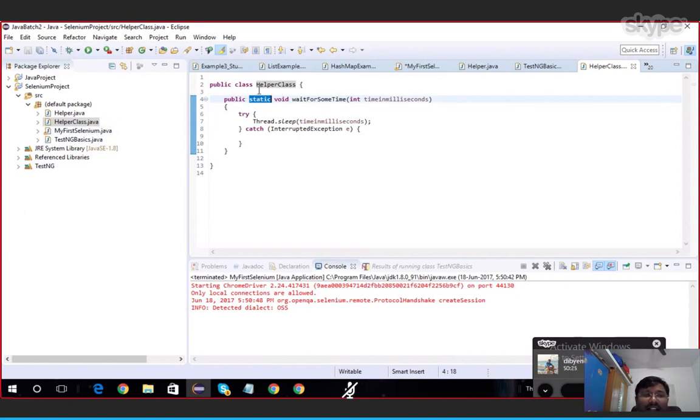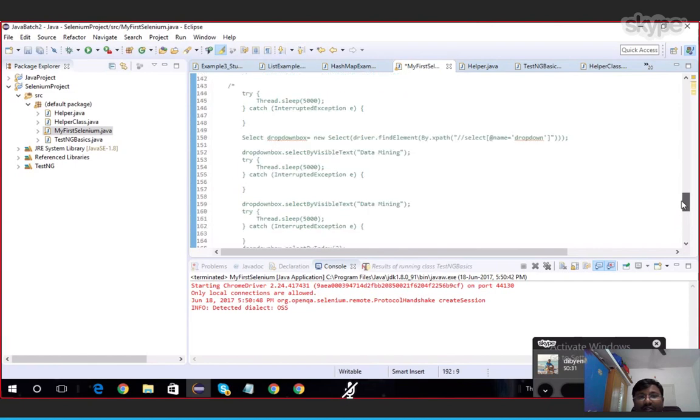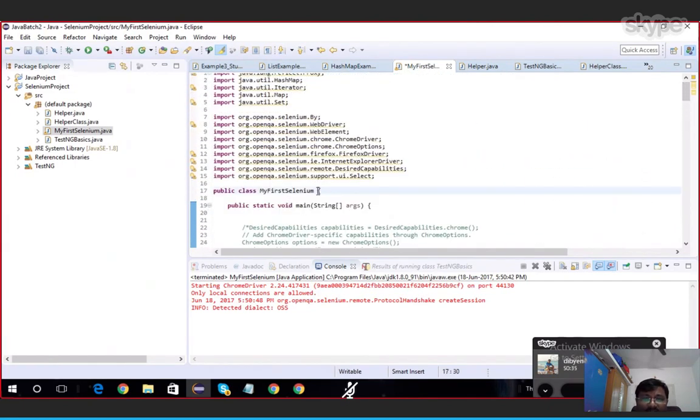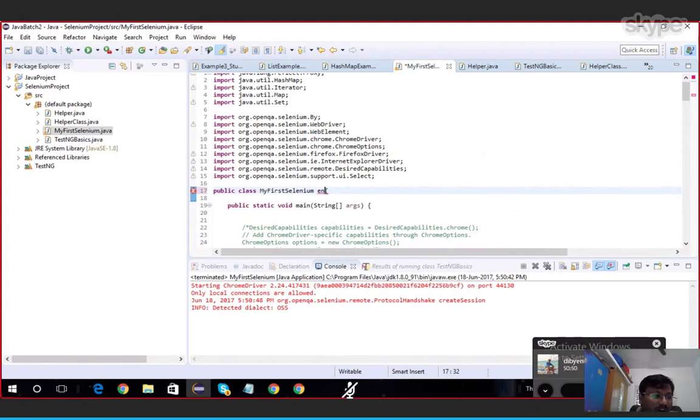What is the class name? Helper class. Okay, got it. Now, instead of using that, I can do another one also. I have one question. Instead of writing that second class as a separate class, can I not just directly write that entire method in this program? Yeah, we can write. Correct, we can write. I will come to that point.